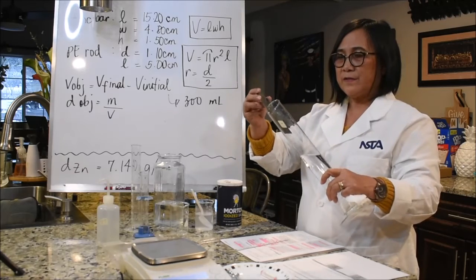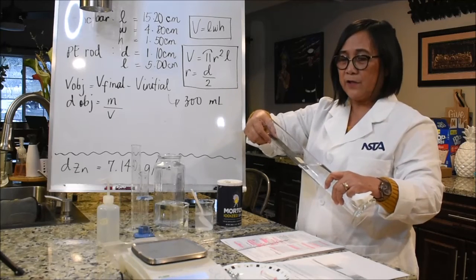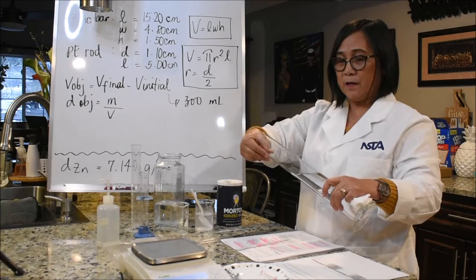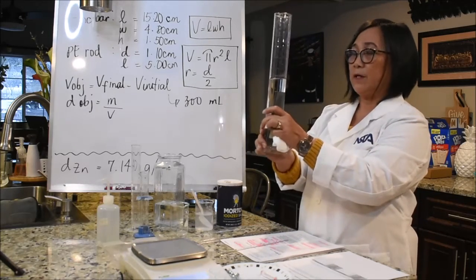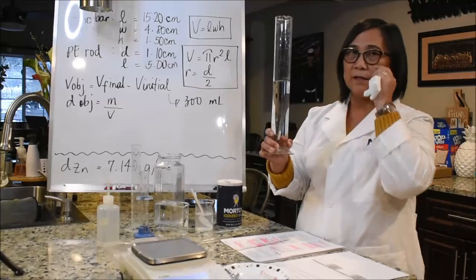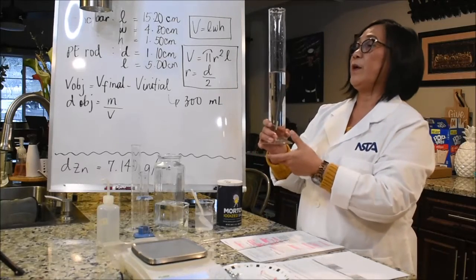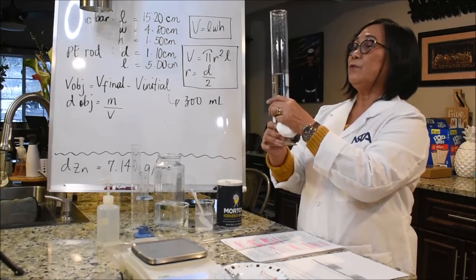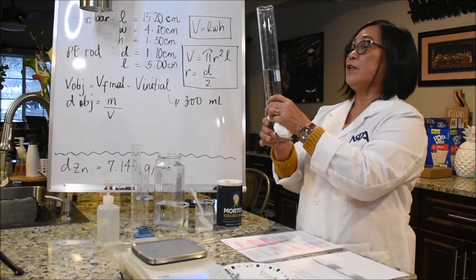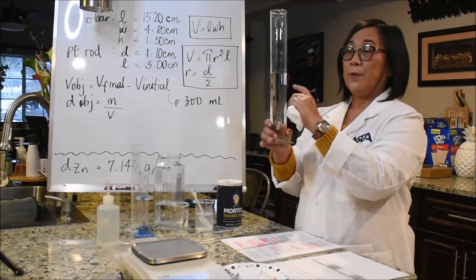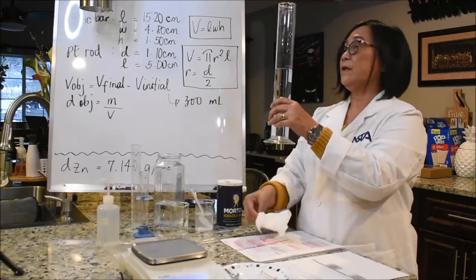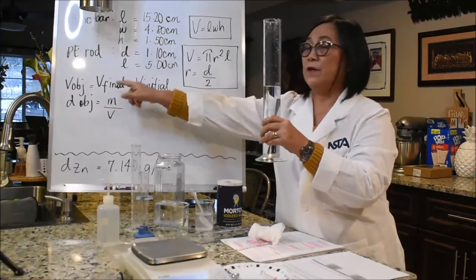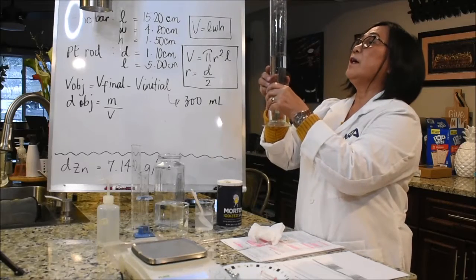So I'm gonna slide it in gently. When you are using hard materials like the aluminum or the zinc bar that we are using in this lab, you have to do it gently so as not to break your graduated cylinder. So now we have to find the final volume of both the liquid and the zinc bar, and that is what your final volume will be. And now we have